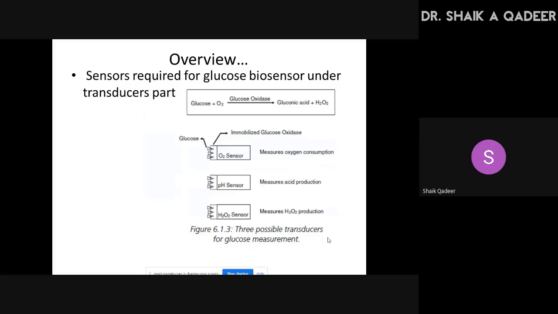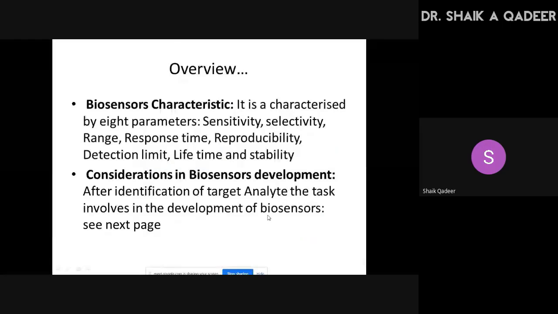Now I am moving to the next part of the content which we need to cover. It is again falling in the overview. The first one is the characteristics of biosensors. It is actually the formal parameters of a biosensor. It is static characteristics, not dynamic characteristics. There are 8 parameters falling in the static characteristics of biosensors. The first one is sensitivity. Already we know what sensitivity is.